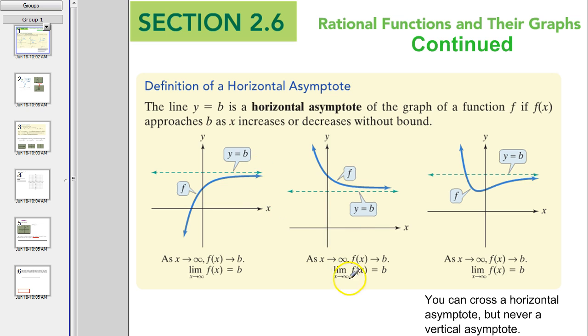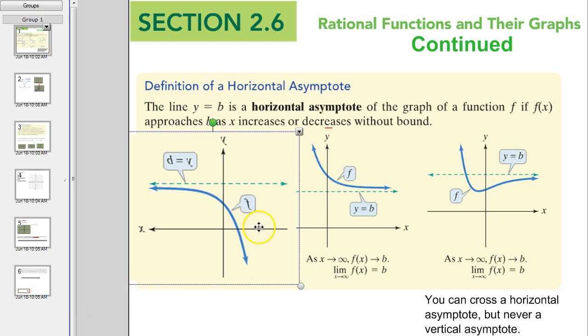Likewise, this one is coming downhill. As we make our way to infinity, we're headed towards b. It doesn't show an example here, but it says increases or decreases. It could be the other way around, that we're making our way to the left-hand side